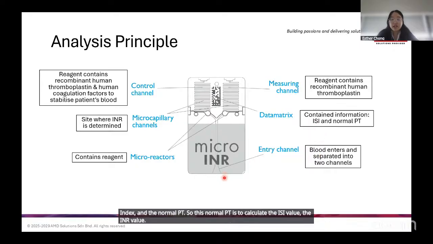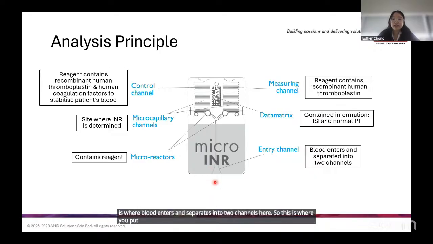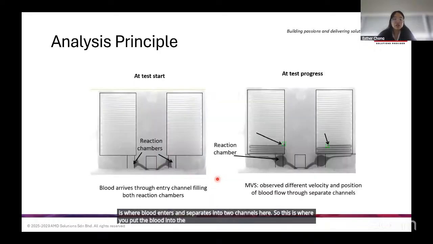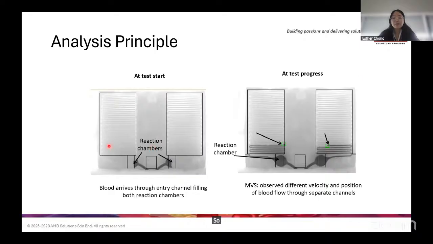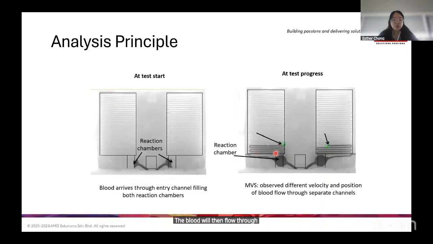So the entry channel is where blood enters and separates into two channels here. This is where you put the blood into the chip. So this is an example of how the chip goes through analysis. First, when the blood arrives through the entry channel, it fills both reaction channels. Just now I said that there are two chambers here, and then the blood will flow through the control channel,